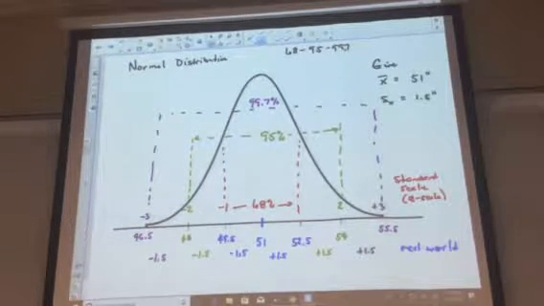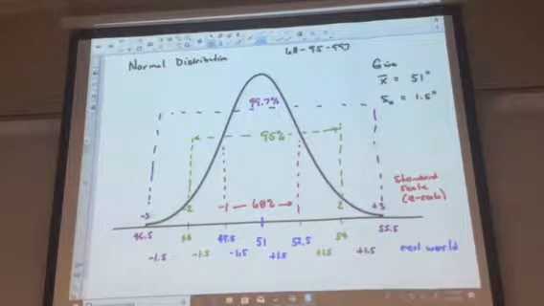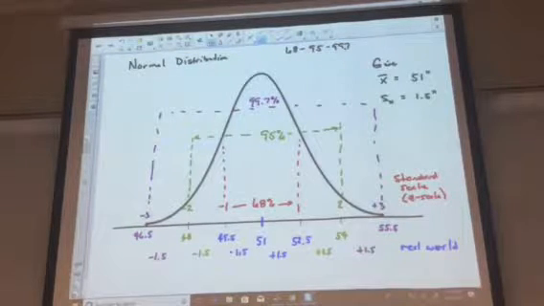Some of you might be familiar with the term grading on a curve. What does that mean to you? More points. That everybody's going to get more grades because everybody did poorly on the test, so the teacher didn't want to look bad, so everybody gets another 10 points on their grade.